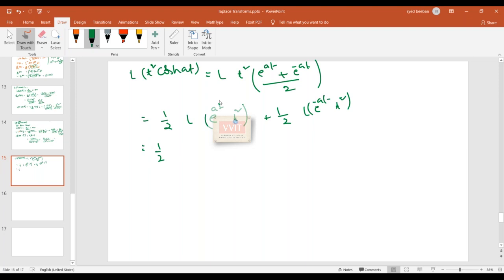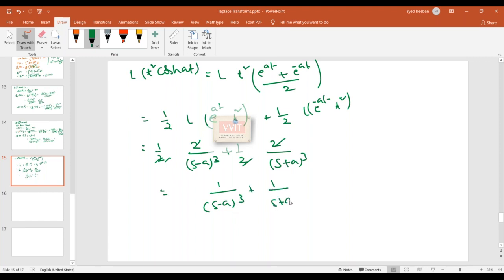Here I may give least priority to e power at. So L of t square is 2 factorial by s cube. So 2 by s cube. S means here plus, so minus, s minus a whole cube, plus 1 by 2, same logic, 2 by s plus a whole cube. 2 gets cancelled, 2 gets cancelled. Finally, I may get 1 by s minus a whole cube plus 1 by s plus a whole cube,